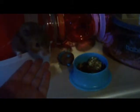I tried to, and I gave it a little treat and stuff, but it didn't want to come out because it's got the same cage as this, but it's the dwarf version. I don't know if she'll come out,